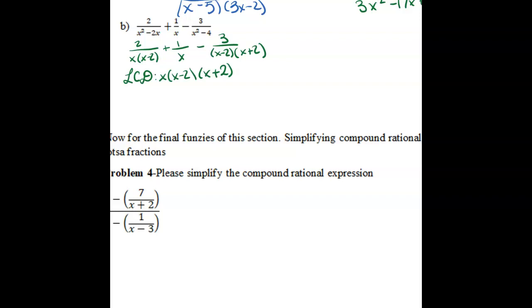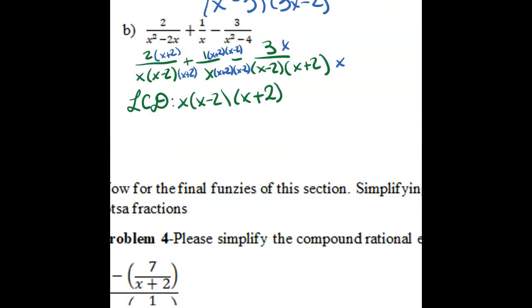So looking at that first one, I don't have an x plus 2, so I need to do that. Looking at the second fraction, I don't have that x minus 2 or x plus 2, so I need to multiply the top and bottom by both of those. And then finally, on this last one, I just don't have that x out in front that I need to multiply by, so I need to fix that up. So doing this, I can just make it one big fraction, and I can distribute up top. So, one big fraction, I'd get x times x minus 2 times x plus 2 on the bottom, all over